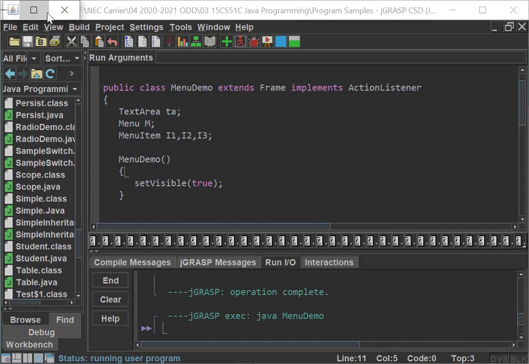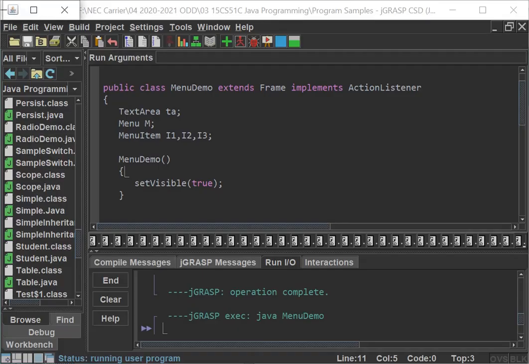Okay, it's not coming there. I'll show you. You can see this, right? There is a frame window that has been created. If I'm not giving setVisible equal to true, your frame window will not be shown.